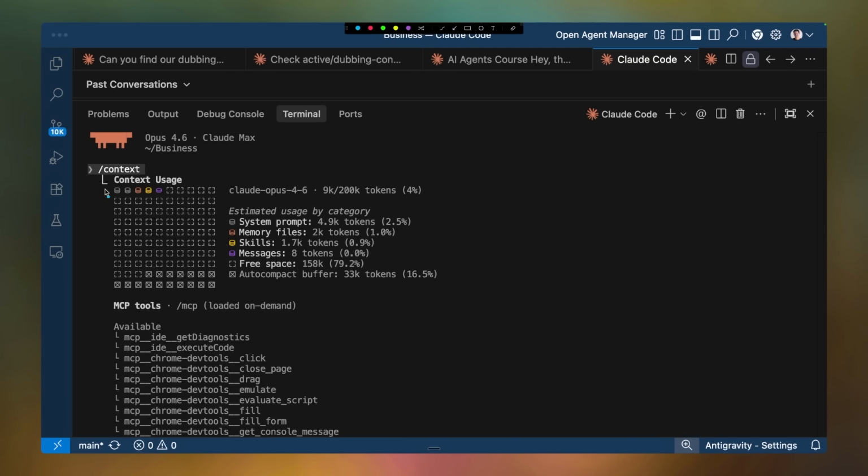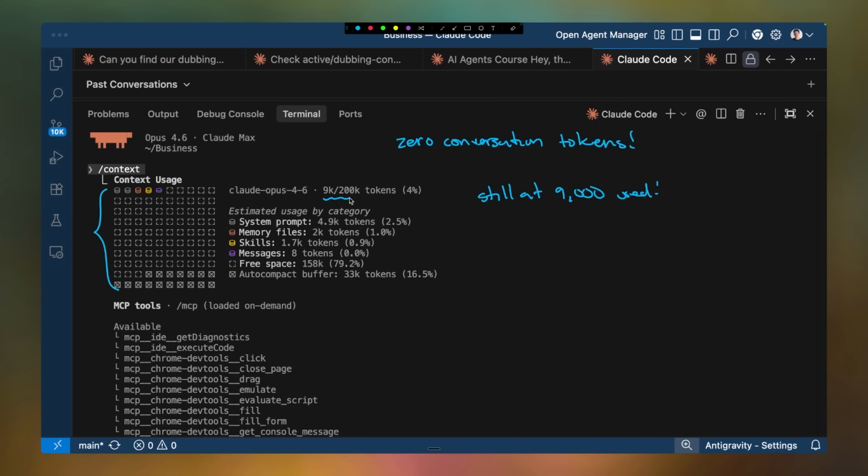This right over here is your context usage. And as you can see, they've illustrated this as a series of squares, where every square is, let's see, 1, 2, 3, 4, 5, 6, 7, 8, 9, 10. Okay, every square is, I think, 2,000 tokens or so. And so what we're seeing is, despite the fact that we have put no conversation tokens, so we haven't spent any tokens at all on conversation, we're still at 9,000 used.